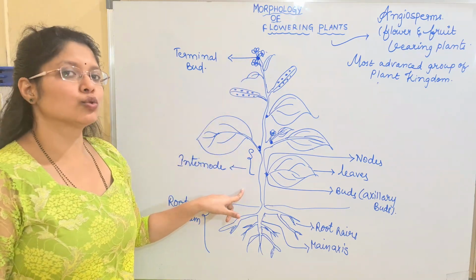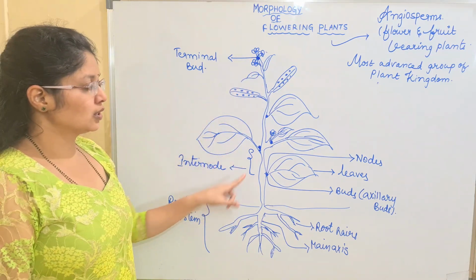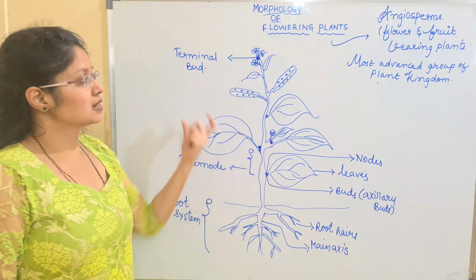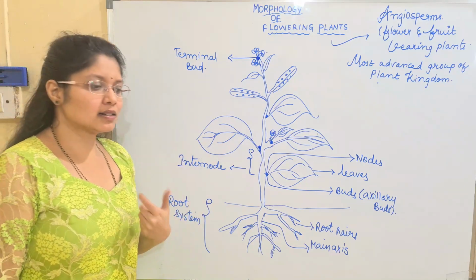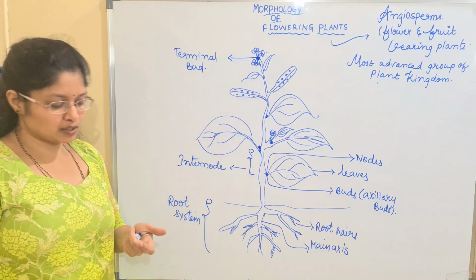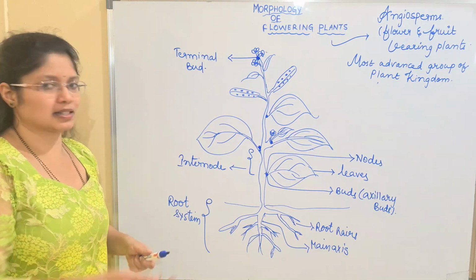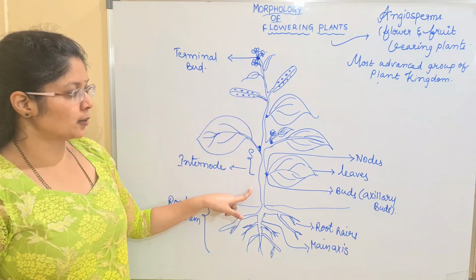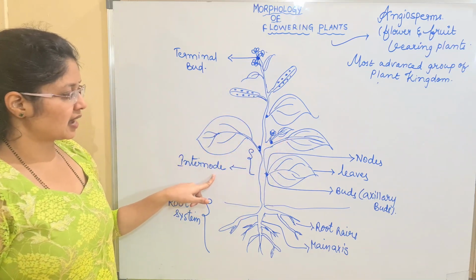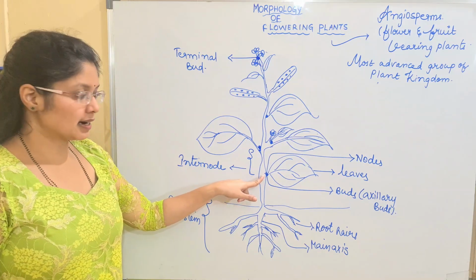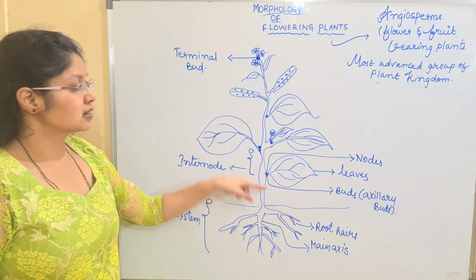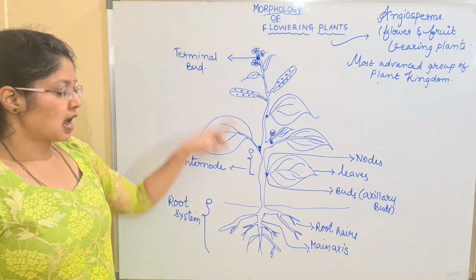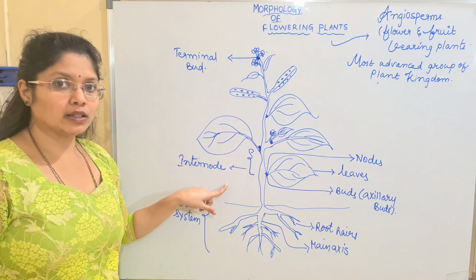Above the soil we have the shoot system. The shoot system includes the buds, leaves, stem, as well as flowers and fruits. So flowers and fruits are also produced here. There are certain plants, as exceptions, where the flowers are generally not produced. We will be discussing that in the modifications. So here let us see the main axis, the shoot, and the leaves which are present, and we have nodes at which the buds arise. These are said to be the axillary buds, and a bud situated at the top of the plant is said to be the terminal bud, and the gap between two nodes is said to be the internode.